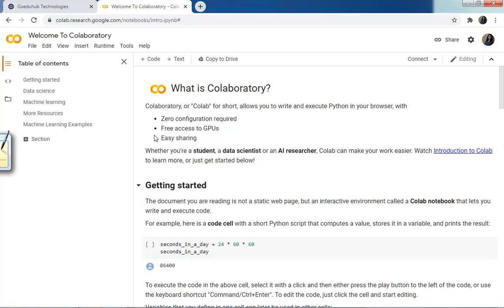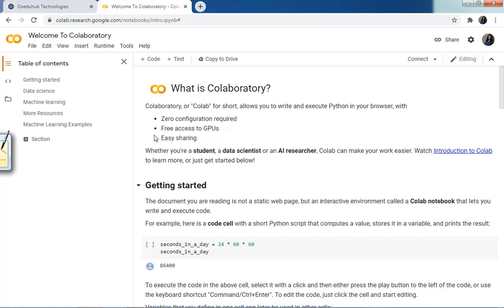You can easily start executing Python code in your browser with zero configuration required. It is free to access Google GPUs. You can easily share your code files with other people. It is an interactive environment in which we can execute our Python code.